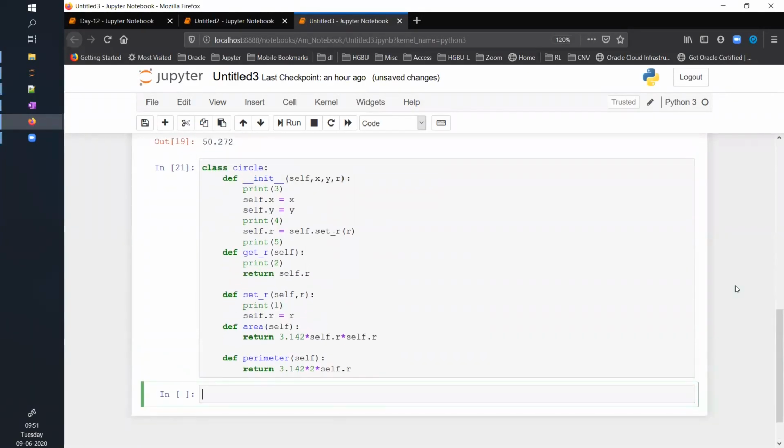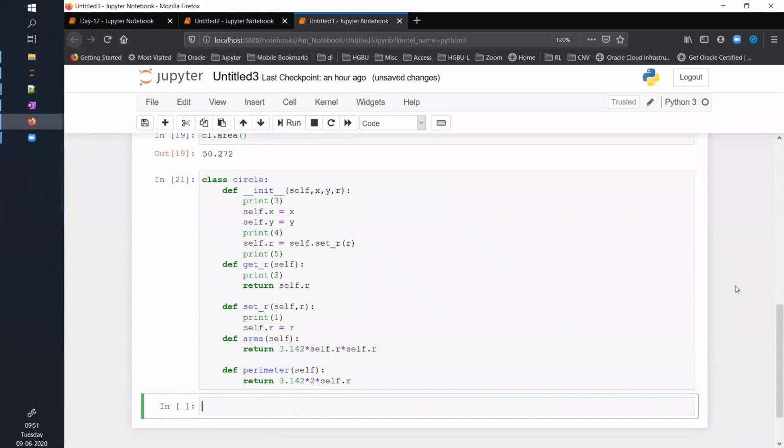So now if I create a circle object, what will be the output? Tell me, what will be the output? Three will be printed, 4 will be printed. What will get printed first?